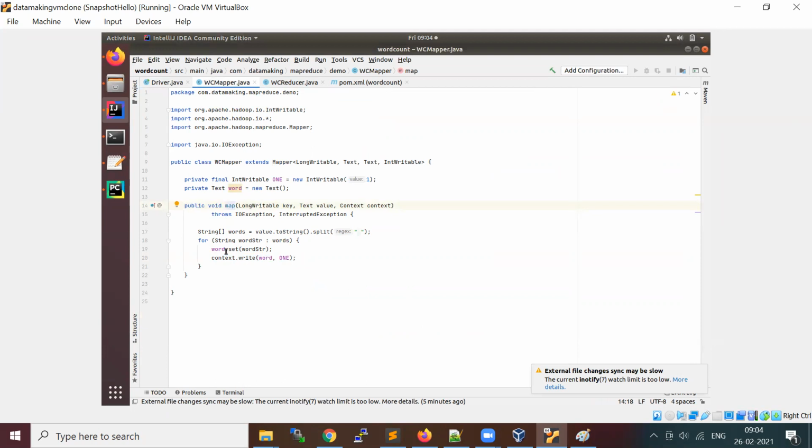It gives you the key and value. Who supplies this key value pair? The record reader. Based on your files and file structure, you have to modify the record reader.